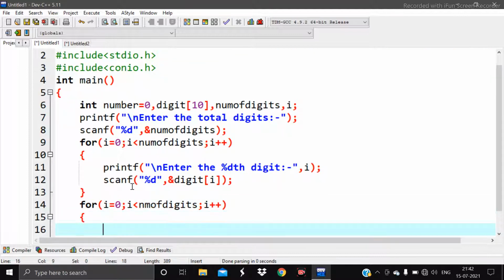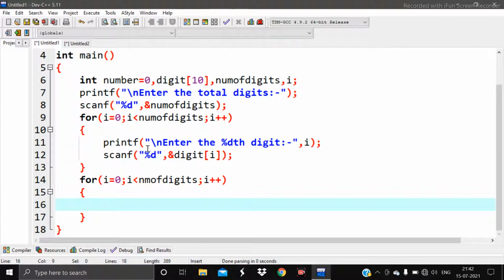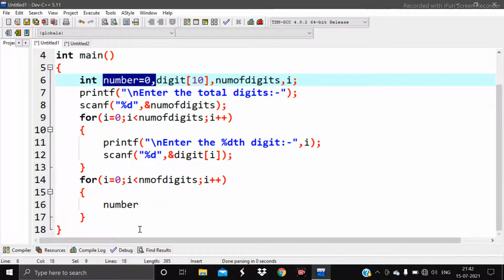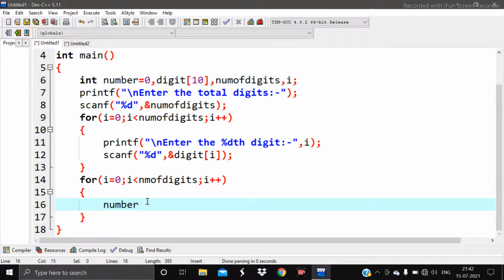Now in this for loop, the main thing will be this statement, which arranges all the digits in a proper manner so that the number will be formed correctly. The number is already declared 0 earlier, so no garbage value will be stored or shown in the output screen. So number is equal to number plus digit, that is the array,